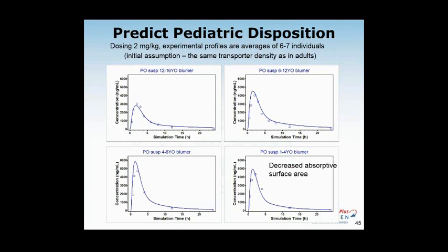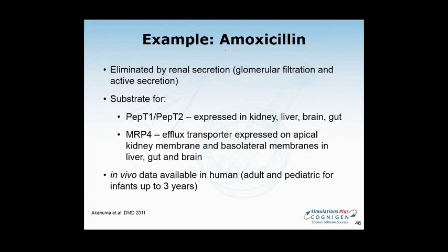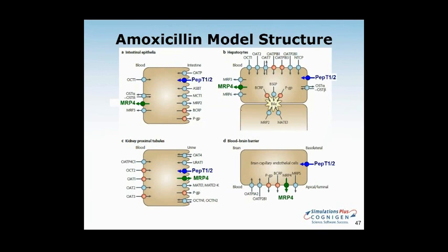Again, something that we were not able to do a priori, because the information is only qualitative, so a priori we were not able to put a number onto it, but it did help us to explain the overprediction for these very young children. Another example where again transporters play a role is amoxicillin. This one is eliminated by renal secretion, and it's glomerular filtration and active secretion with the transporters. So we have several transporters playing a role,